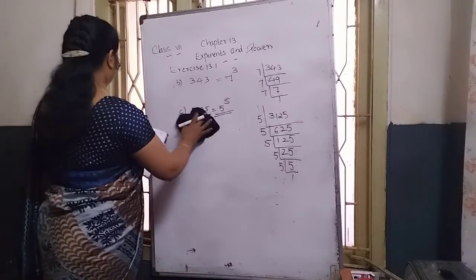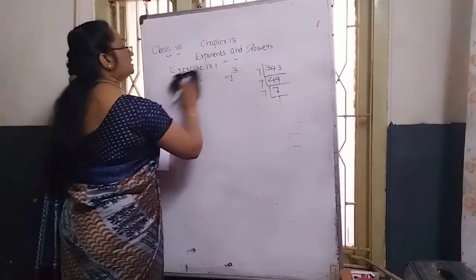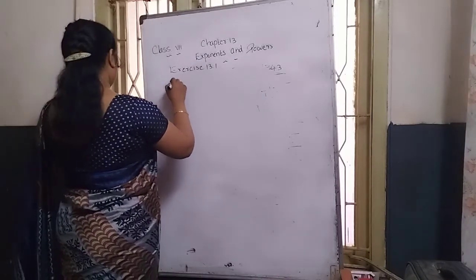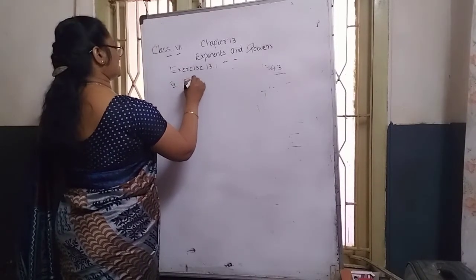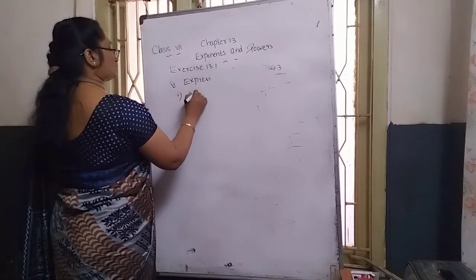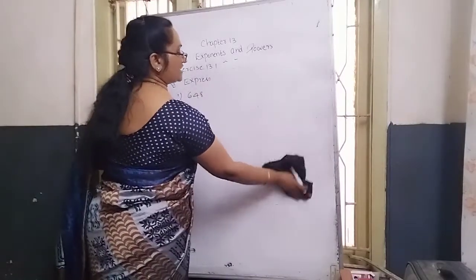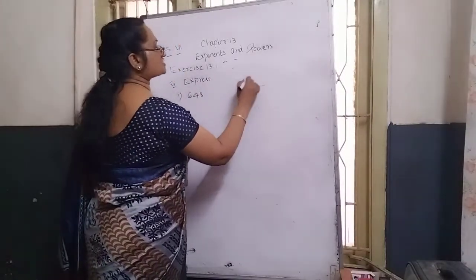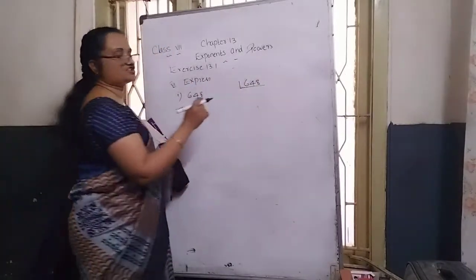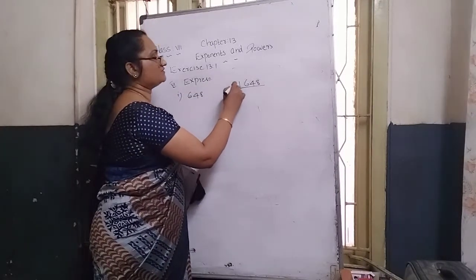The next one is the same model question. Same model question, prime factorization method: express the product in power notation. Some more questions: 648. How to find it? Again prime factorization, doing an L shape box, 648. Which number do you need to place? 8. Is 8 an odd or even number? Even number. That's why we can divide it with 2.